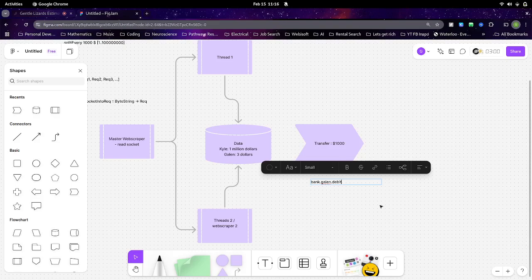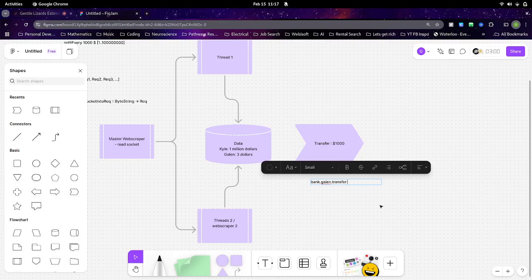I think debit is to take out of the account. Just say transfer. Well, transfer divides into two things. Usually transfer functions have a to and a from. Sorry, that's stupid of me. You're right. It'd be like bank dot transfer to Kyle from Galen or something like that.